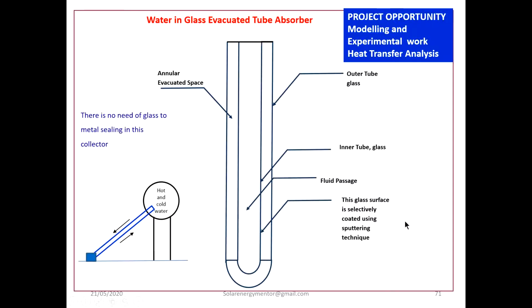This requirement can be met with a flat plate collector of 2 meter square area. Now a single 2 meter square flat plate collector plus a 125 liter insulated hot water tank costs you about 20 to 22,000 rupees. As against that, the same quantity of hot water you will get for say 16,000 rupees if you use an evacuated tube collector. So these are very cost effective, therefore they are very popular in residential use.